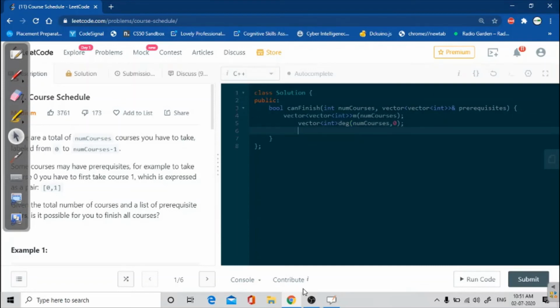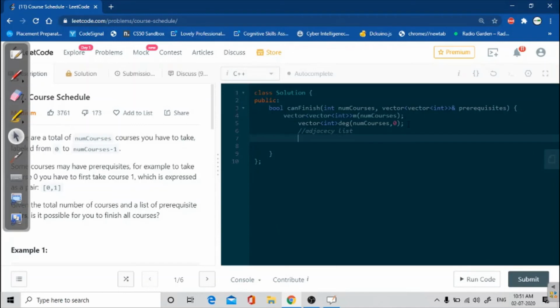So let's start. Because the prerequisite is in vector form, we have to first store it in an adjacency list.